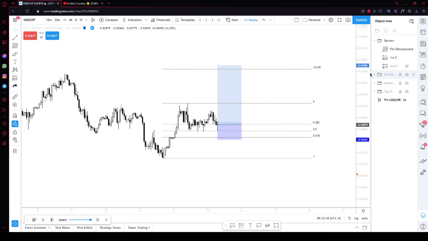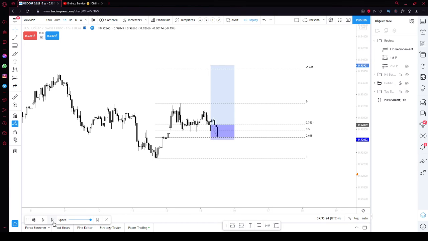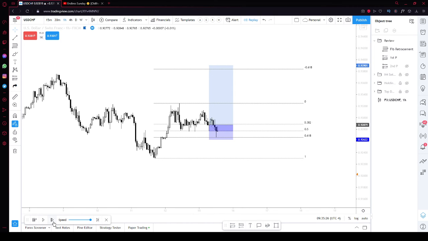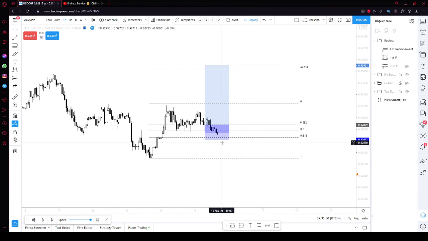Now for this trade I was not on the chart as it was drawing down. So this ultimately ended up hitting my stop loss, but on this candle right here, this is where I should have exited if I was on the chart. To do better, I could possibly start setting alerts for that 50% mark so that I can be called to the chart when it's necessary. But let's go ahead and continue.